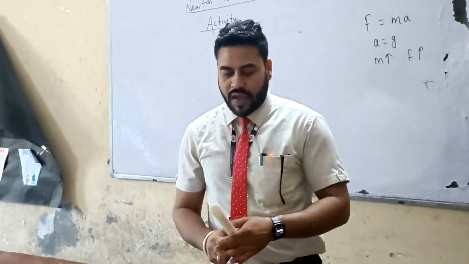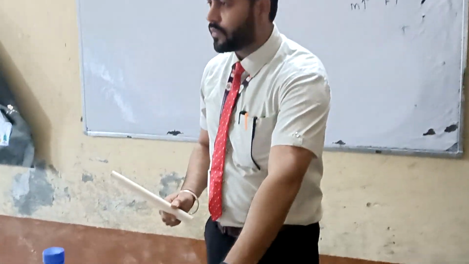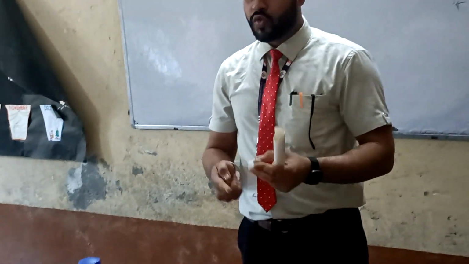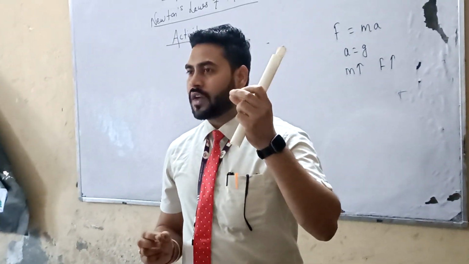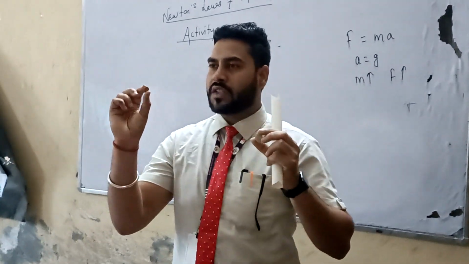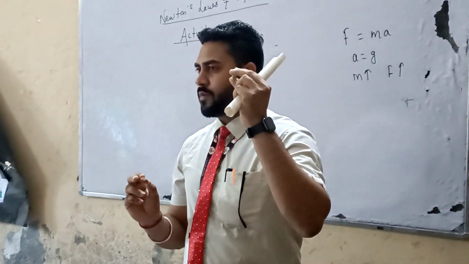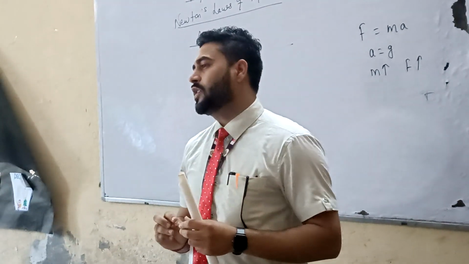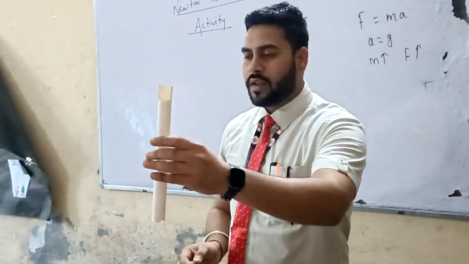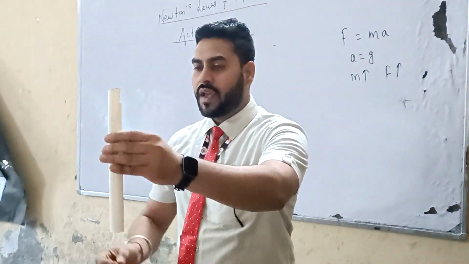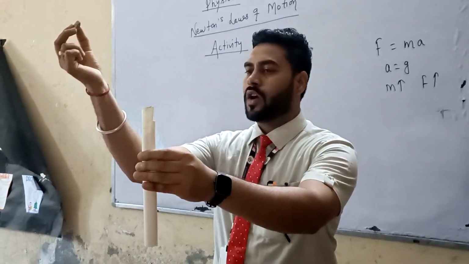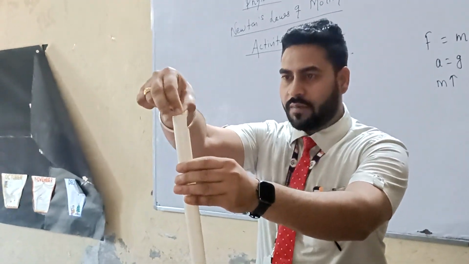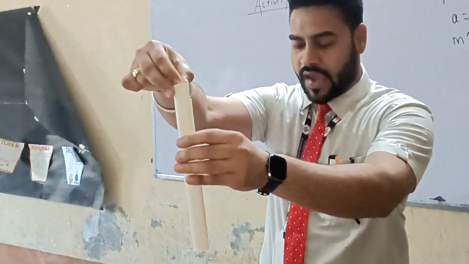For doing this activity, we have some resources here. One is sand. So we have made a sand bed here, and one pipe we have taken, and two small stones we have taken. One is a concrete stone, and the other one is a brick stone. The concrete stone has greater mass, you can measure it, and this has a smaller mass as compared to the concrete stone. Now what we will do, we will hold this pipe like this, and I am going to first drop this concrete stone over this sand bed. So see what will happen.